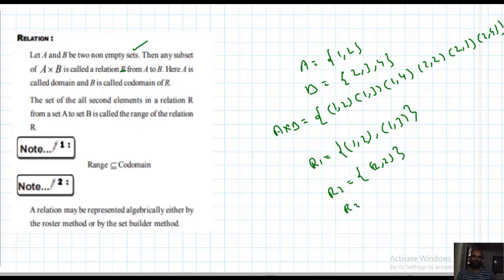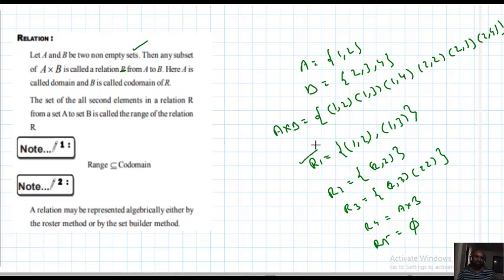So I will take R3, another one. Yeah, (2,3). You can take (2,3) and (2,2). So R3 is a relation from A to B. So R4 is A cross B. Why A cross B? Every set is a subset of itself only, no? That's why A cross B is also taken. That is also a relation from A to B only. R5 is empty. The empty set is a subset of every set. The definition says that every subset of A cross B is a relation from A to B. That's why the empty set is also a relation from A to B only.